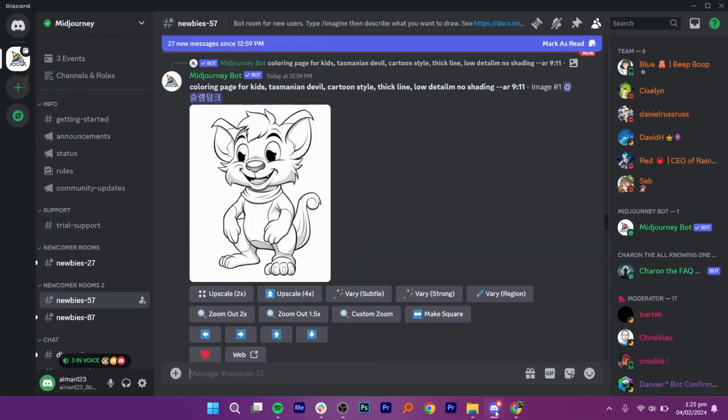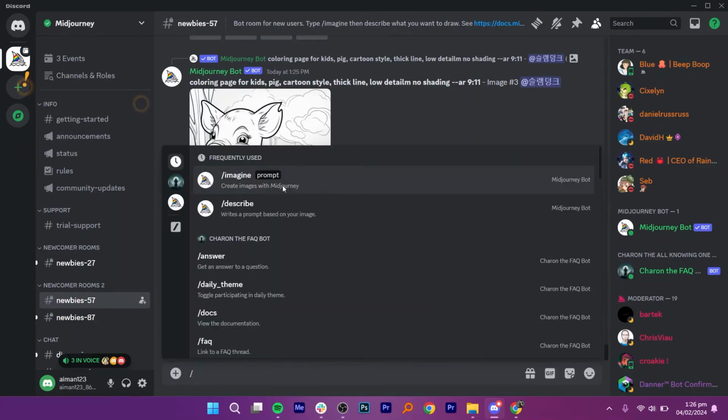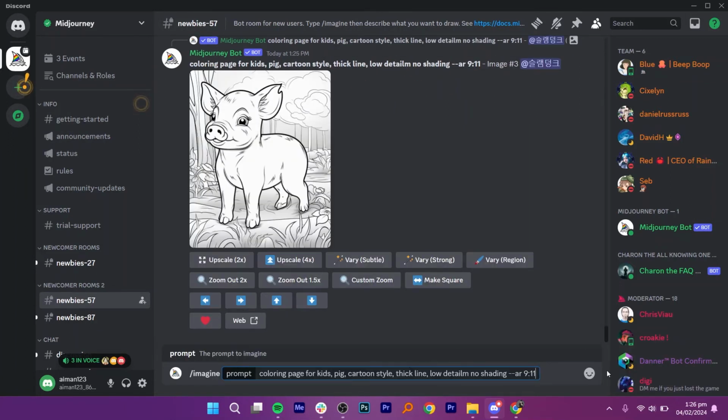After that, go to your Midjourney Discord. Click on Newbies 57 and then select Imagine Prompt. Then enter the prompt. Furthermore, you have various options to edit your generated image like upscale twice or 4x and